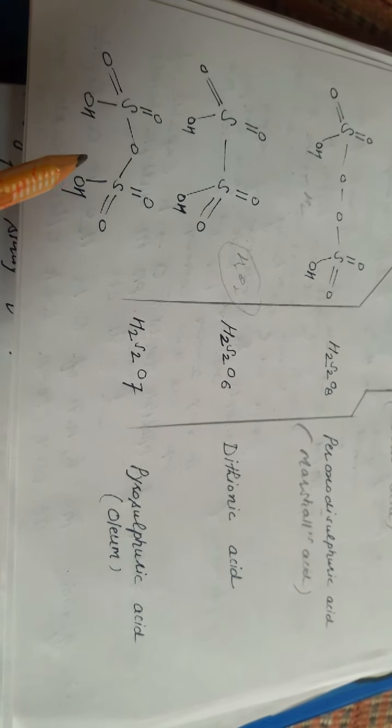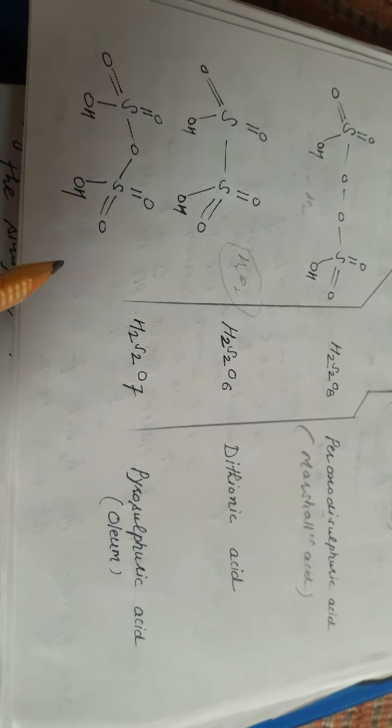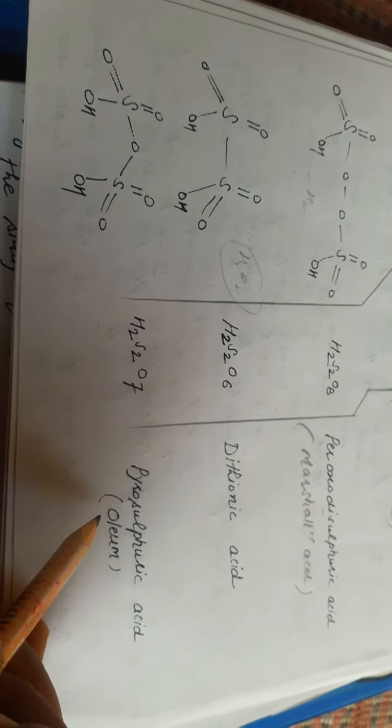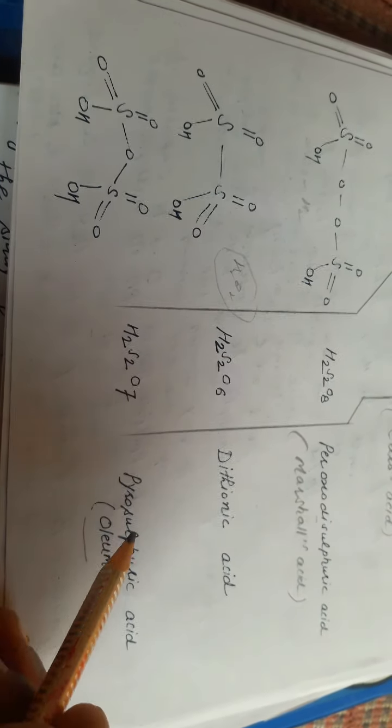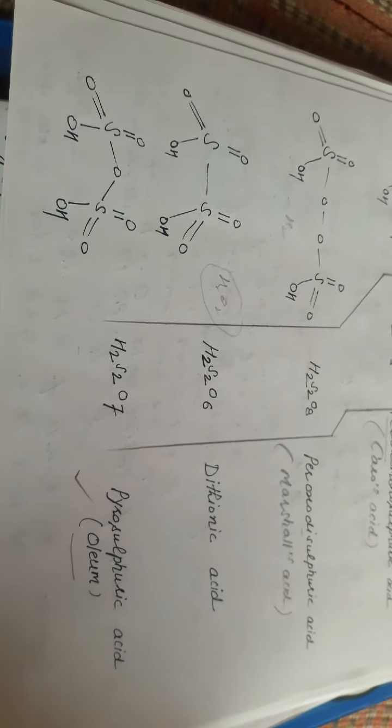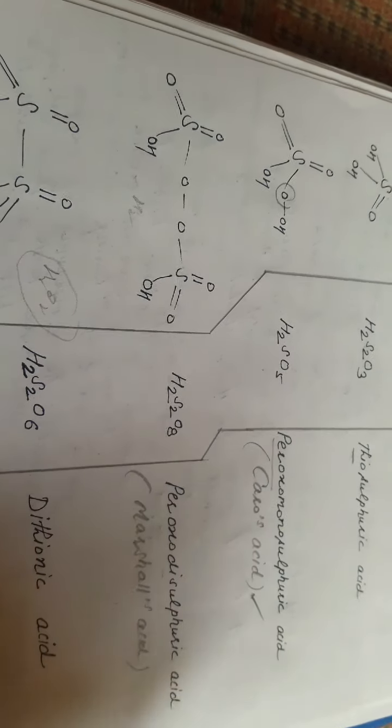By the condensation of 2 sulfuric acids with the removal of water gives the formation of H2S2O7, pyrosulfuric acid. Its common name is oleum. So there are 3 compounds with common names: first is oleum, second is Marshall acid, and third is Caro acid. So read about these, learn these 3 acids mainly with common names. These are important. So in the last we are taking the anomalous behavior of oxygen and some points related to